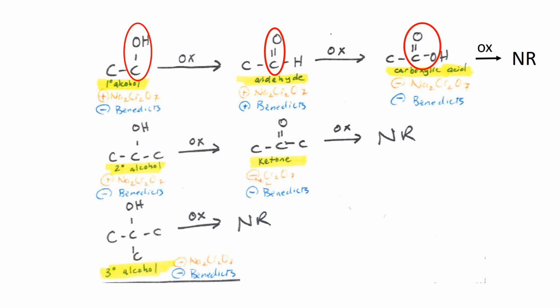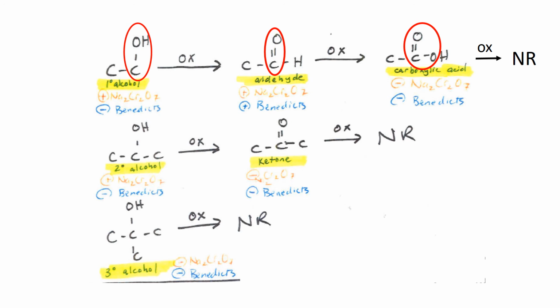The middle compound is classified as an aldehyde. We said the aldehyde, if it's sitting in a test tube or beaker with that oxidizing agent, will get oxidized also. And when an aldehyde gets oxidized, the classification of that product is carboxylic acid. Carboxylic acids cannot get oxidized, no reaction, because the carbon is full, has no more bonds. If I were to do this in the lab, if I were to pour a primary alcohol into a test tube and add some sodium dichromate or add Benedict's, my final product would be the carboxylic acid. That would be the answer.